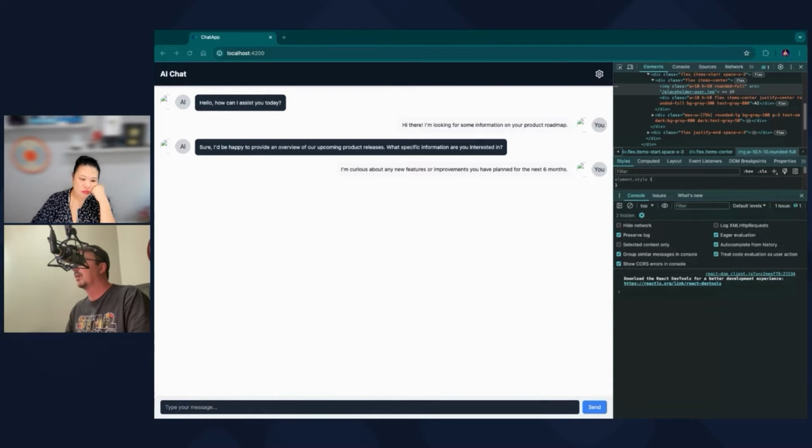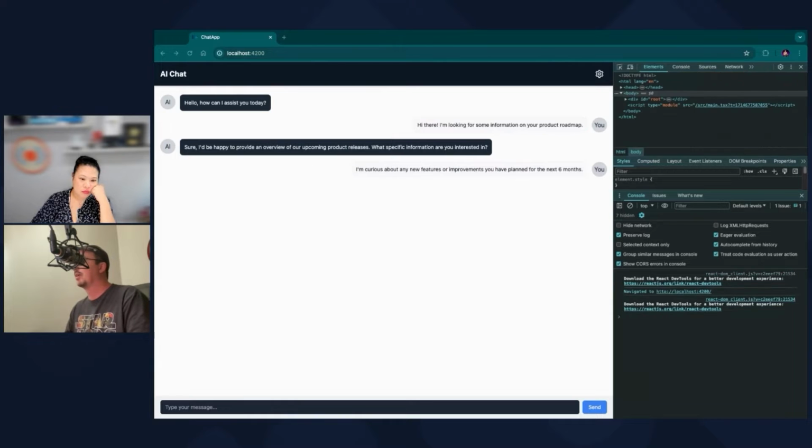Get rid of avatar image. Sorry, I know you can't see what I'm doing, but I just want to get that out of there. So now if we do that, now it looks a little better. Yeah? AI and you. So cool. Okay, now let's hook everything up, connect it.